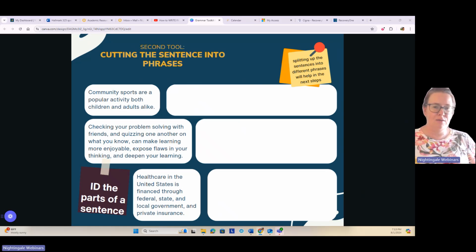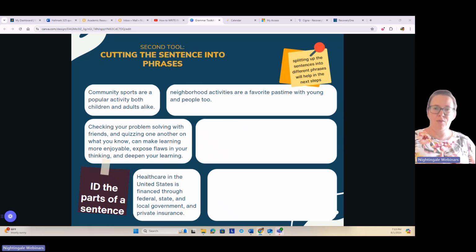So now we've got this idea that we can cut a sentence into phrases. When we're teaching language, we often call this chunking. Like we want to split the sentence into different chunks. And we use the word chunks instead of parts because chunks has this idea that some parts are small and some parts are big, and some parts are complex and some parts are simple. So the word chunk just has this feeling of it.